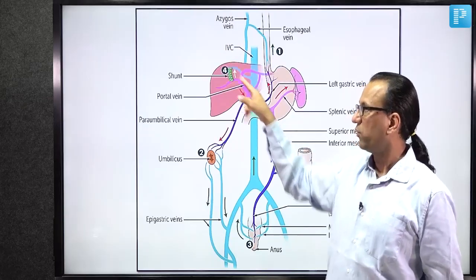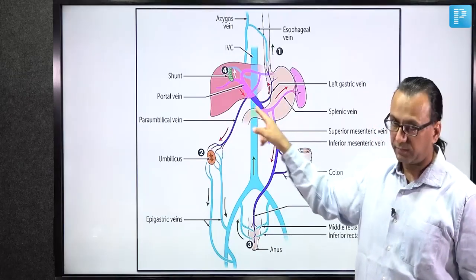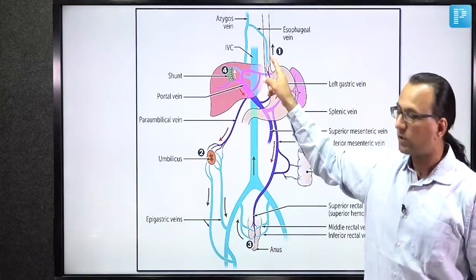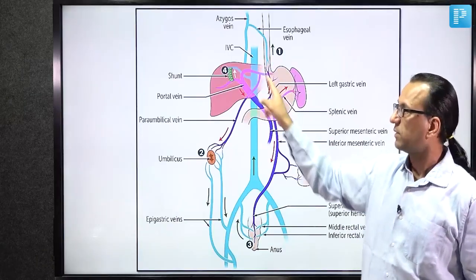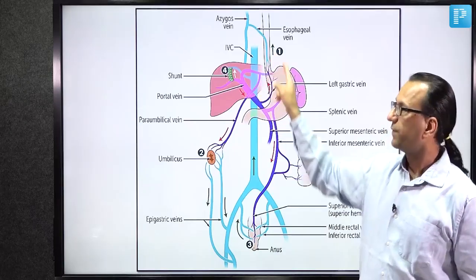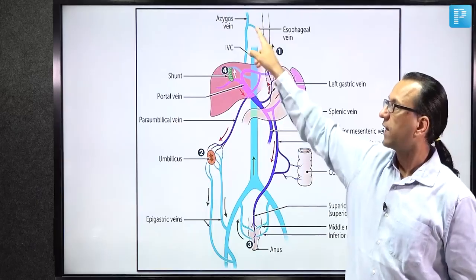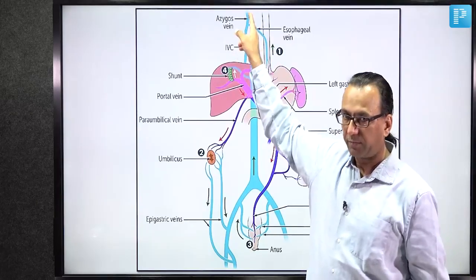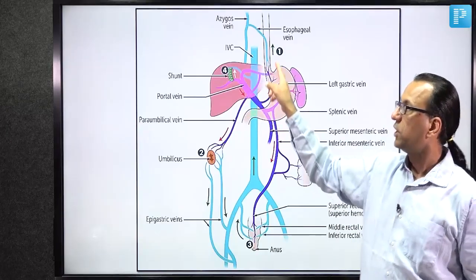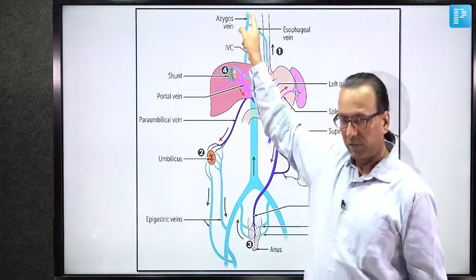And that blood flow will be coming back into the portal vein, into the left gastric vein, and jump into the esophageal vein, azygous venous system. Now, this communication, portal systemic anastomosis, is quite thin and dilated, elongated, tortuous vein, varicose vein, esophageal varices, and the blood wants to reach the azygous venous system and then the superior vena cava. If the blood could not enter the inferior vena cava here, then it would like to enter the superior vena cava there,